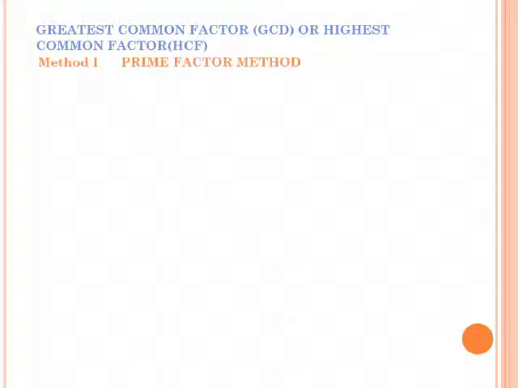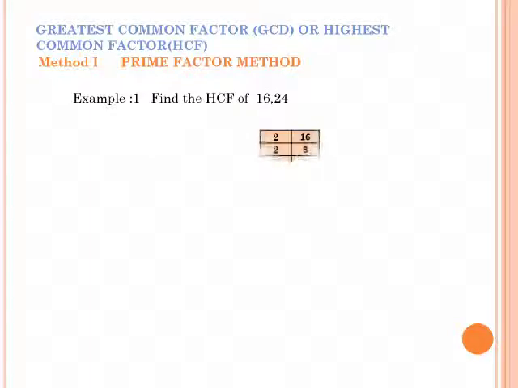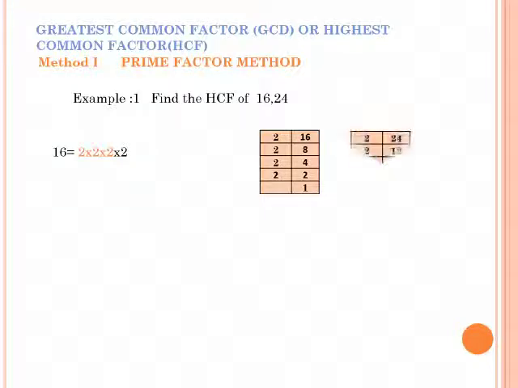So for the first sum, we are taking the first method, that is the prime factor method. Now there are three different methods by which we can find out the HCF of the numbers, of which the first method, suppose you are finding out the HCF of 16 and 24. Since you have learned factorization, you will be finding out the factors of 16 using the factorization method and writing down its factors. This working of factorization you will be showing towards the right hand side of the page, and this towards the margin you are going to write. Similarly, you will find the factors of 24 and write down its factors.